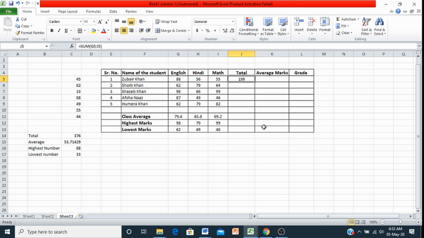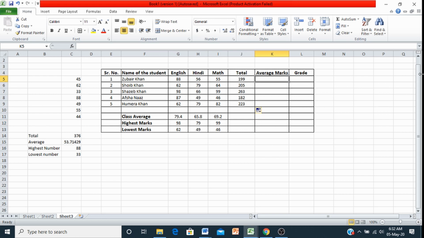Similarly, again we will use this drag shortcut. We click over here and, without releasing the mouse button, drag it till here. So we got totals of all the students. Similarly we will calculate their averages.